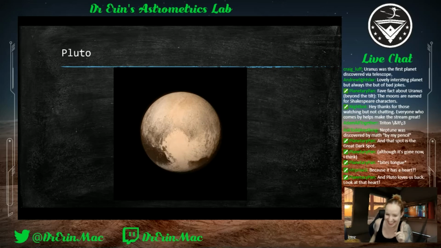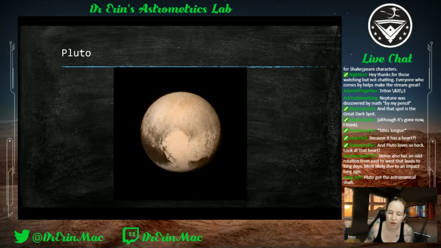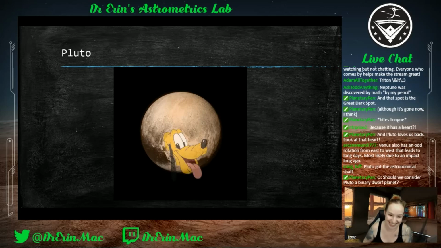However, I will show you what I see when I look at Pluto. Now, I'll get into the history of the whole dwarf planet thing and all of that fun stuff, but this is an amazing picture. New Horizons, like I said, it loves us back. It just wants to be loved. That's what's broken everyone's heart. Oh yes, Arcane, thank you. So Venus orbits vertically like this, but it goes in the opposite direction, very, very slowly. So yes, likely from an impact collision. So when I see Pluto, you're never gonna unsee this. That's what I see.